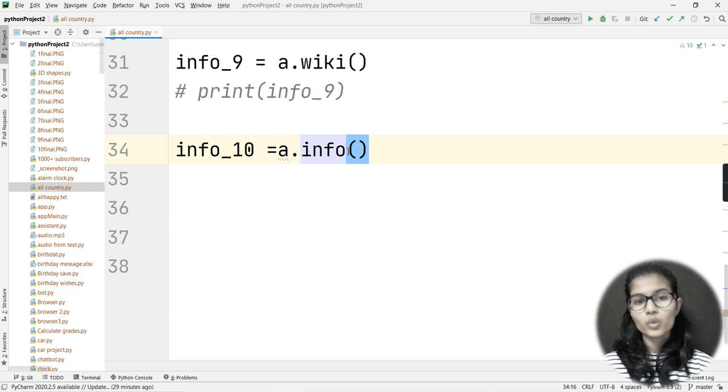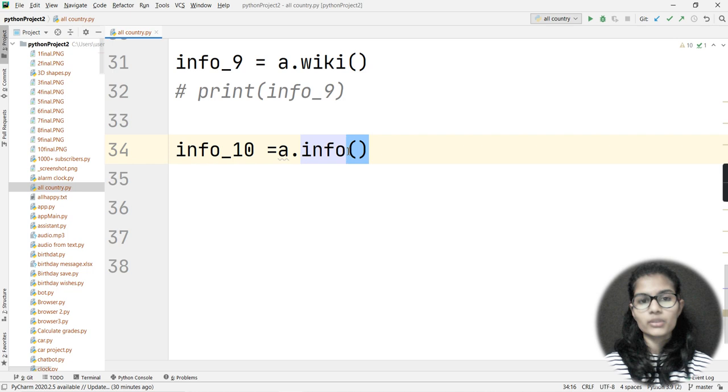Now if you do not want to search a particular function, let's say you only want the capital, then you can simply make a variable and use that capital function. But let's say you want to search all the details of that particular country.